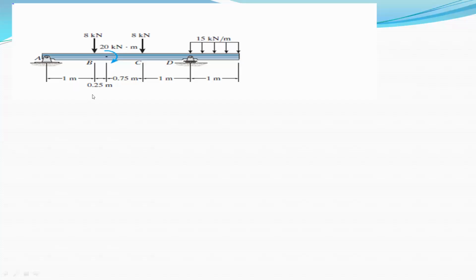During the last lecture, we were discussing the equilibrium of beams, and we solved one problem on the support reactions for the beam. So this is the second problem on the equilibrium of beams. In this problem, the beam ABCD is loaded by a point load and the UDL as shown in the figure. And the question is, we have to find out the support reactions at point A and point D.